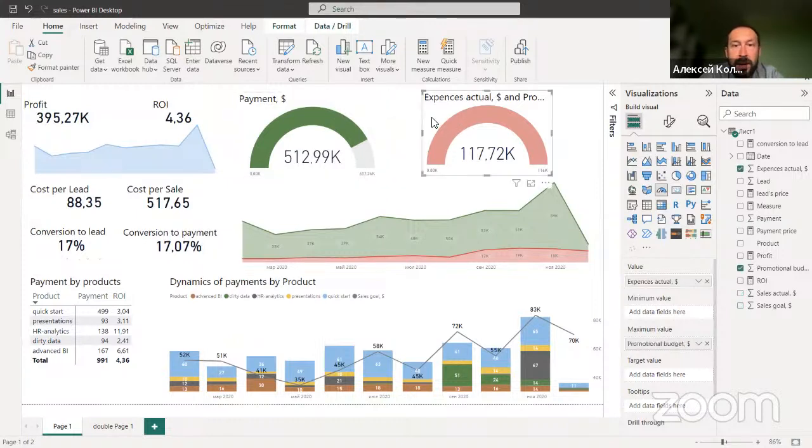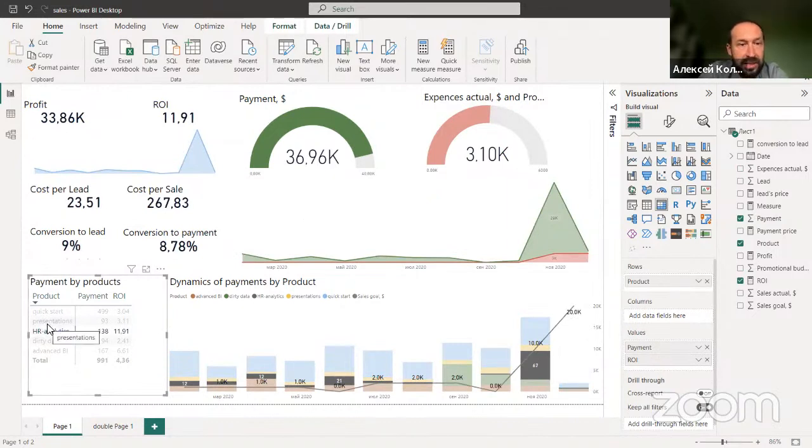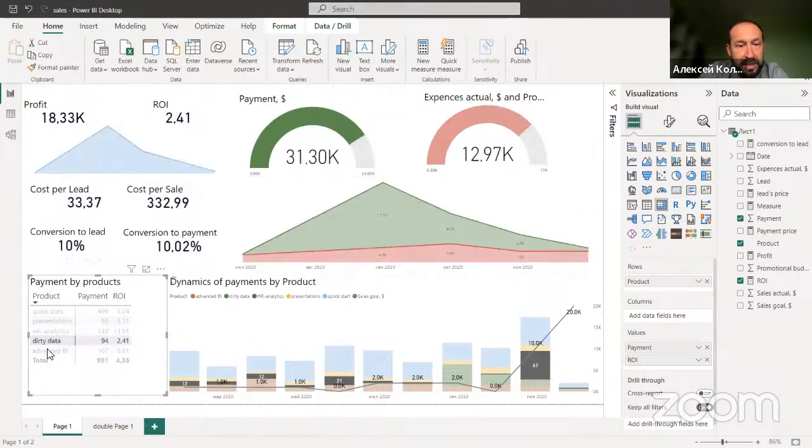And the same way for expenses, but my expenses budget was exceeded, but here I don't see how much it is exceeded, because I reached the end of my arc. And when I select any product, I can see these details, this dynamic of sales, of expenses,